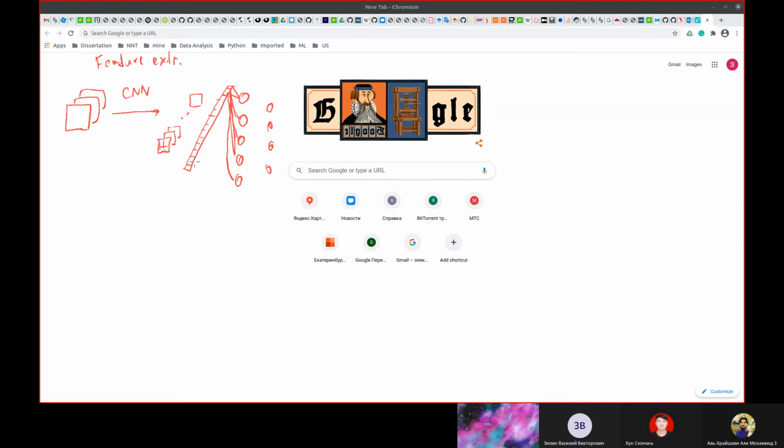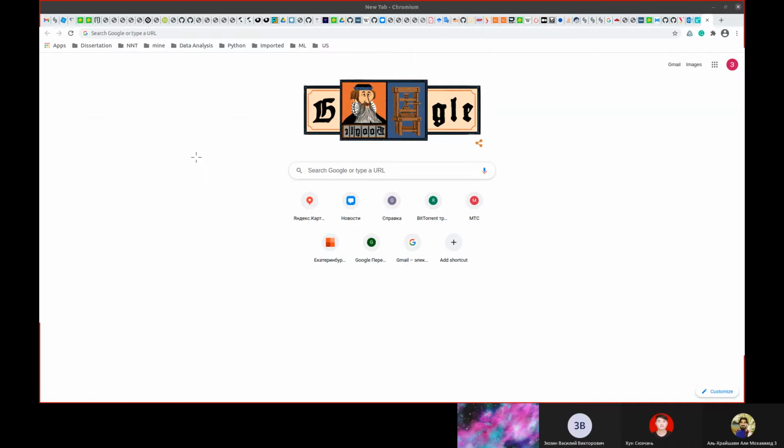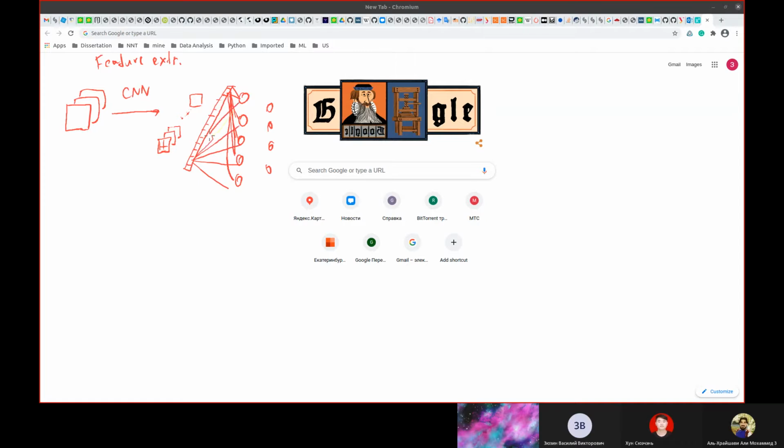Okay, maybe it is not good. Sorry, like this. All features are used as input for the classifier, and using this neural network, you can classify, for example, gender.